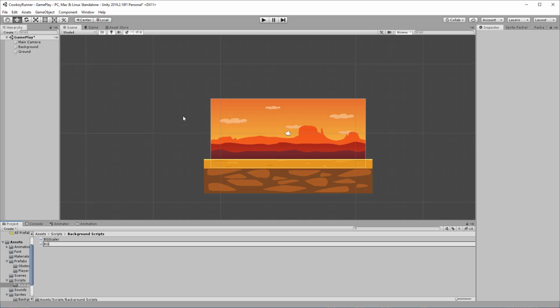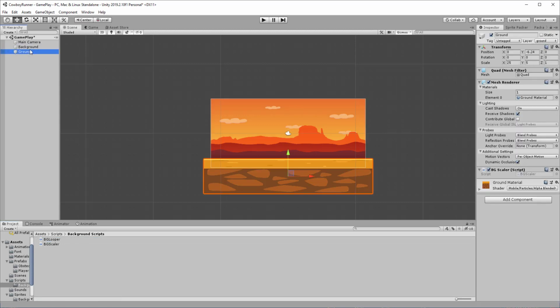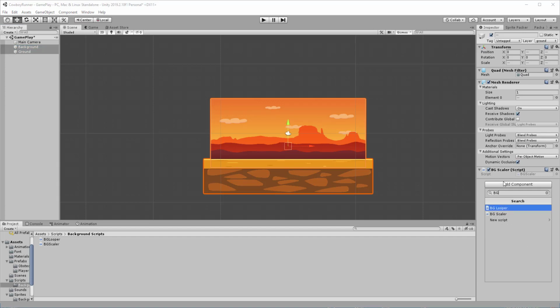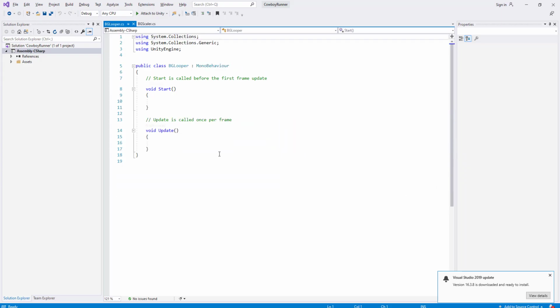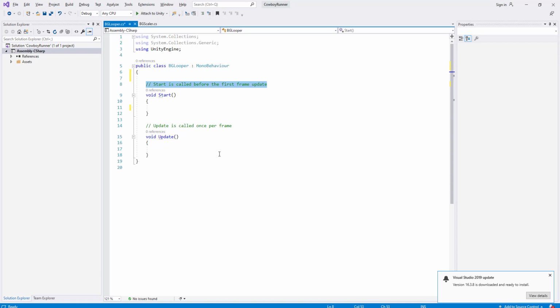BG looper. We're going to select these two and add the BG looper. Now double click on the BG looper. Down here we're going to